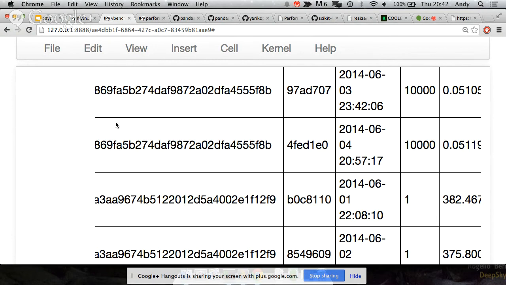Let's see. Well, it'll run fine on a micro instance. I haven't tried to build it on a micro instance in a while. I think it should still work. It just takes a little bit of tweaking. I think you might have to change the swap space or